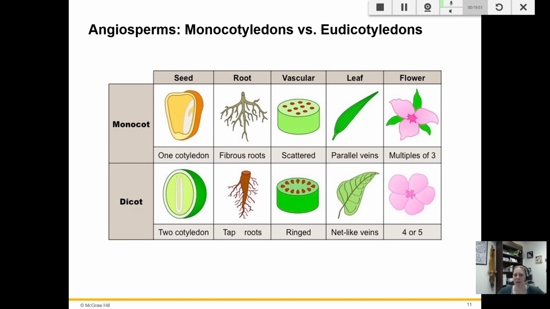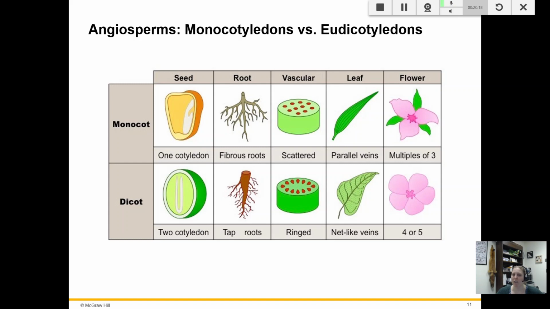That's why it's mono versus di. You might be able to tell from the roots if you pull the plant up. I don't suggest doing this, you don't have to. But fibrous roots, like what you find in grasses, are often monocot, whereas tap roots and very deep tap roots like you find in dandelions are dicot. You can tell by vascular tissue if you look at it under a microscope. I'm not expecting you guys to do that one, but this is where it comes in really important, and this is the game I play with my husband and stepson.